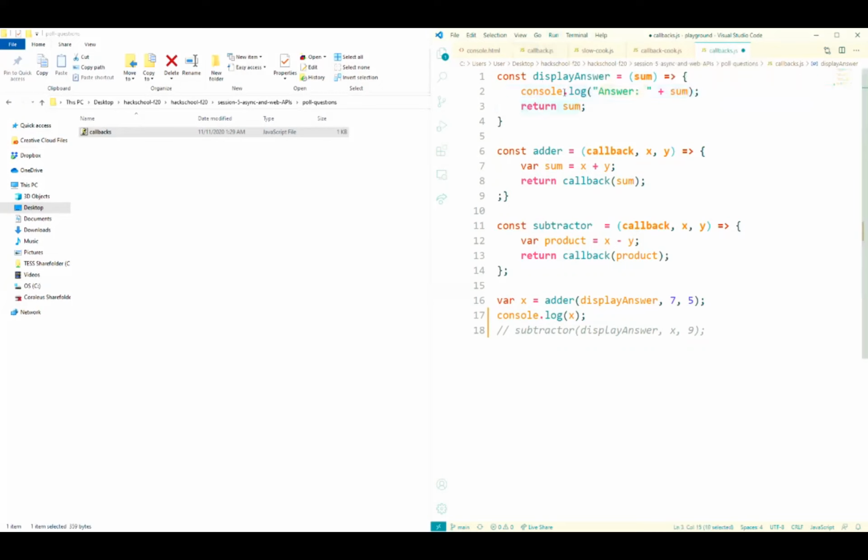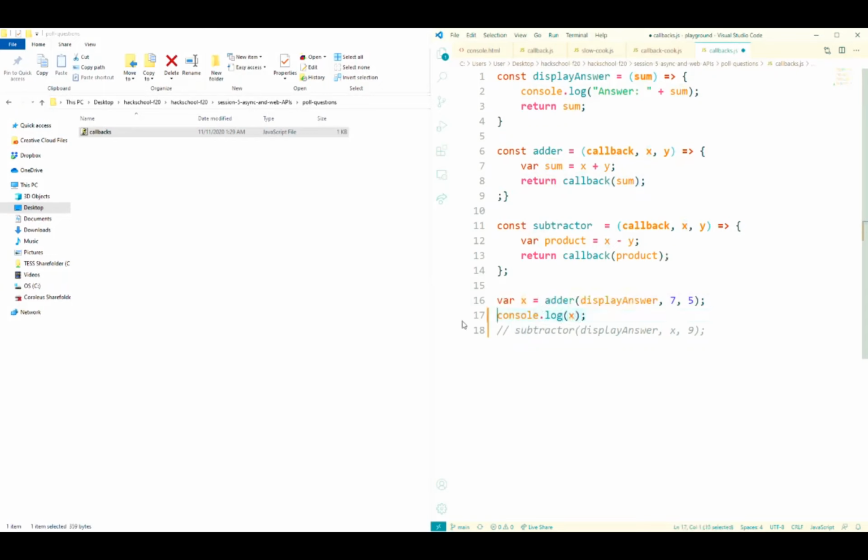So 12 goes all the way back to adder, and adder returns whatever is returned from display answer. So adder will return sum, which is 12. It goes all the way back, and we store this number 12 into our variable x here. And then we console.log x. So it should just be answer 12, 12.